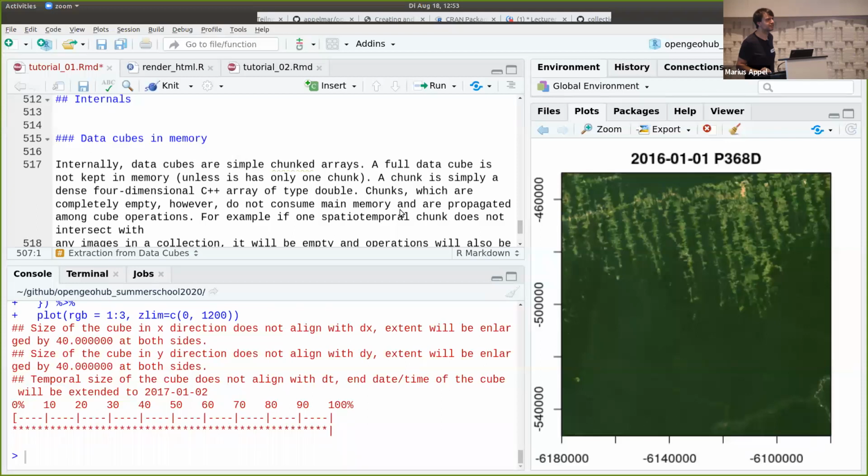Yes, so if you have, say, PROBA-V data, PROBA-V is a satellite that allows you to get data on the 1st day of the month, 10th day of the month, 21st day of the month, and then for the next month, again, on the 1st day and so on. So can the package handle data like this? Yes, sure. You just need to extract the day, the date of the image, and then it's fine. Then how do you use the data cube for that, where you need to specify